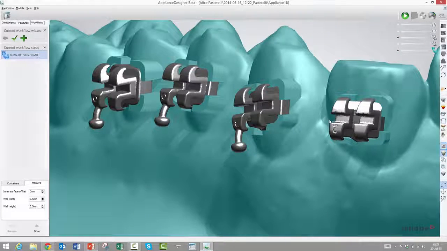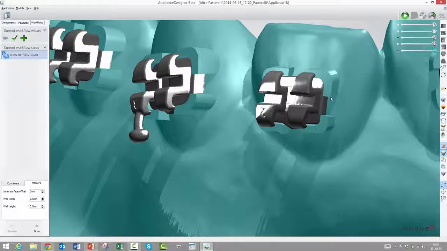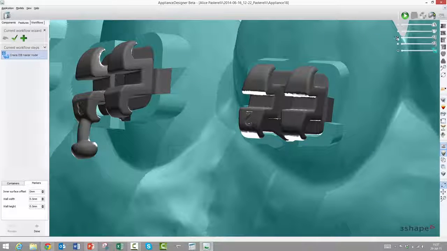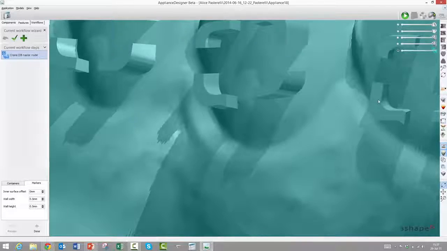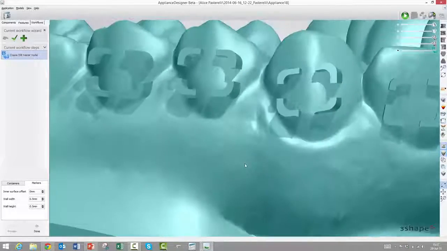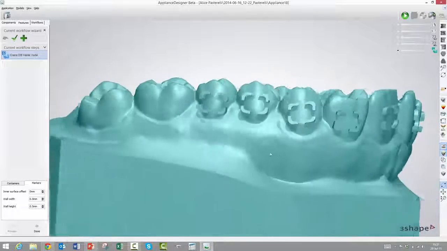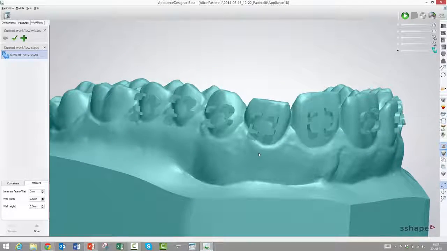So if we have some friction issues or other things, then we could circumvent them by making this inner wall too big or too small. In essence, it's too big or too small depending on whether you make this a plus or a minus value. You can see it's in fact done computing this, and this is fully automatic depending on what bracket library you have chosen.